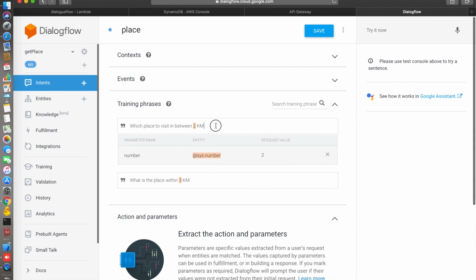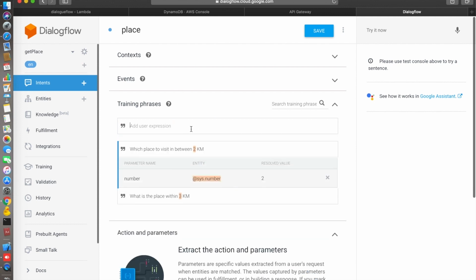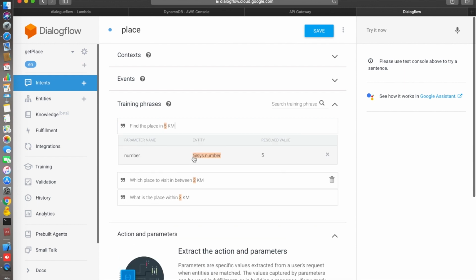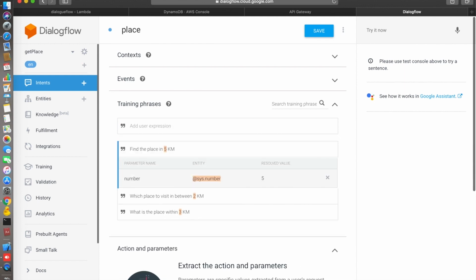Whatever sentence comes, if it relates to a place or a visiting place, then it will trigger the same intent. If it triggers the same intent, it will send a request to our API with the particular parameter.